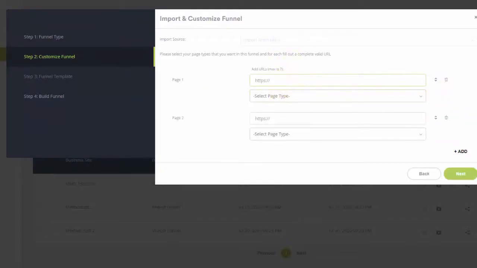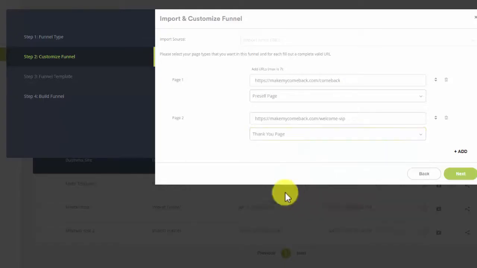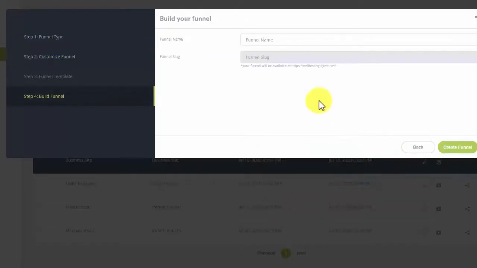That's not the one. Okay, so this is the first one, which is going to be the pre-sale page. It's his opt-in page, and then this is going to be his welcome page. So this is going to be the thank you page. Just as important for classification. I'm going to click next and call this